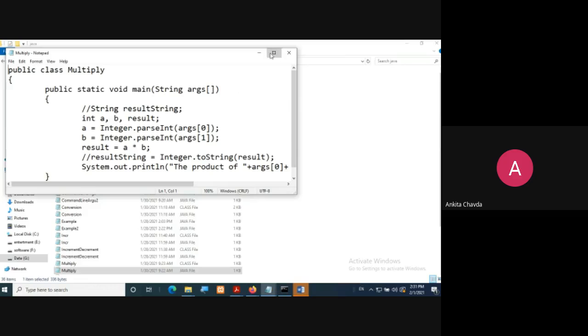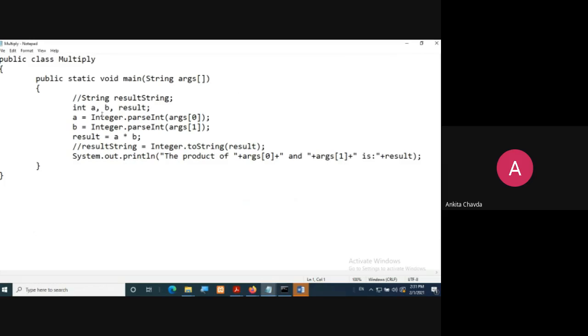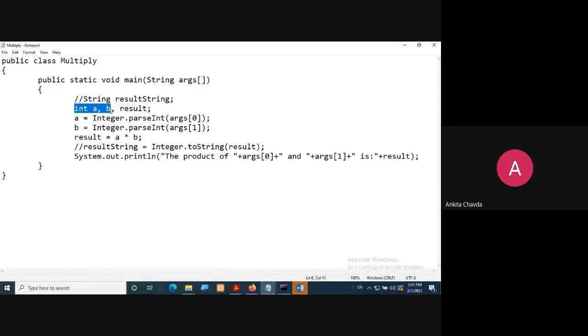Here I'm simply doing multiplication. I've taken two integer variables, a and b, and finally I'll store in result the multiplication of a and b. Now I'll take this from the command line, so a and b will first be treated as strings. But now I need to convert them to integers because I cannot multiply them like this, as I already explained. The user has entered 5 and 10, but these are actually strings. So I need to convert them into integers.